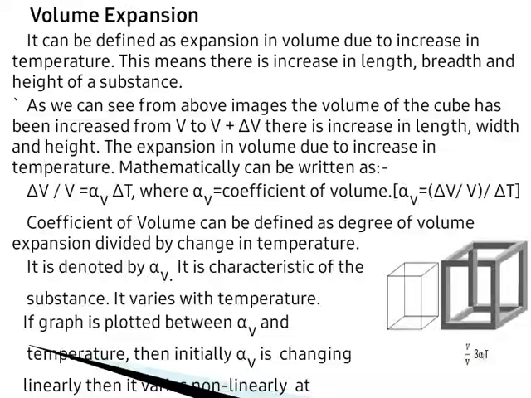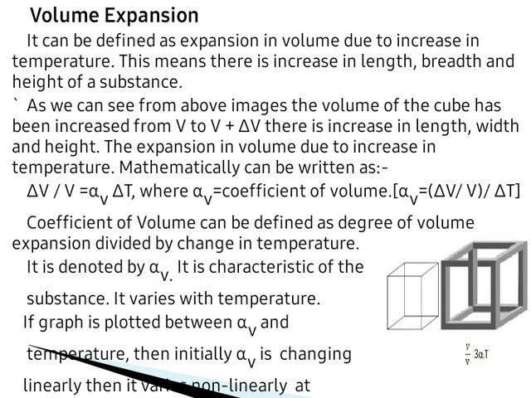So, the expansion in volume due to increase in temperature is represented as delta V by V, which is proportional to increase in temperature. So, its mathematical form is delta V by V is equal to alpha V into delta T,